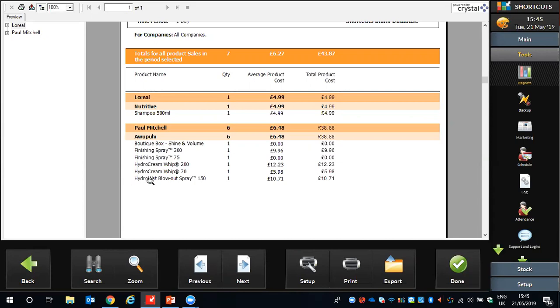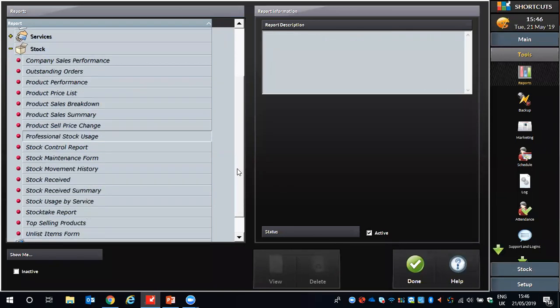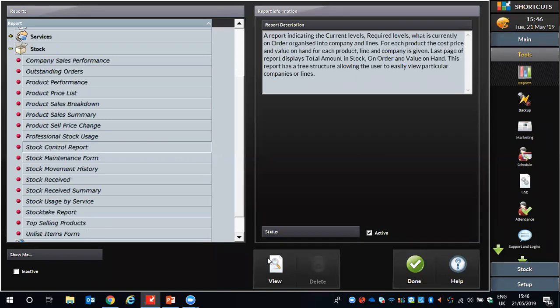Now, for those of you that are using our fantastic stock feature to its most important form, you can keep track of all of the products you have to hand. The reason we do this is for tax purposes, and of course, it's a good idea to see exactly how much money you have on hand. So your accountant might say to you, okay, how much money do you have in your stock right now? How much value do you have to hand? So if we click onto the stock control report, click the view button,